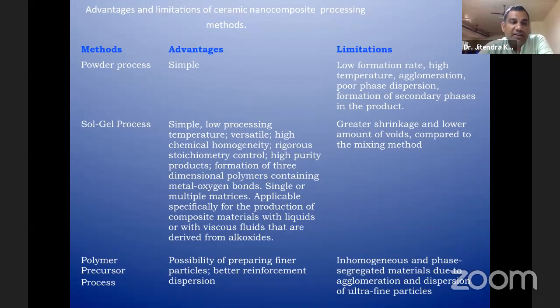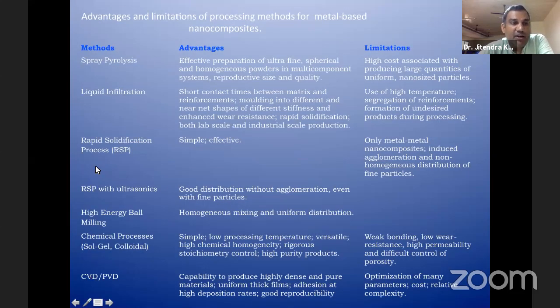Different methods are used, like powder process methods, sol gel process to fabricate the composite material, polymer precursor process, then spray pyrolysis, liquid infiltration, high energy ball milling, CVD and PVD. These are basically used for composite coating, and then rapid solidification process RSP with ultrasonication. So these are the various